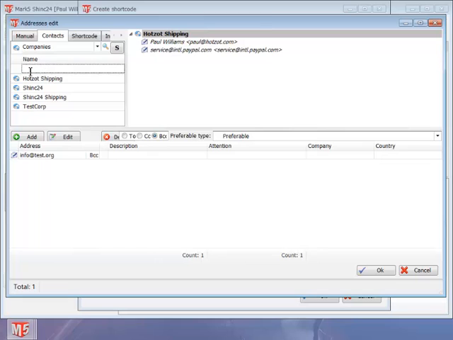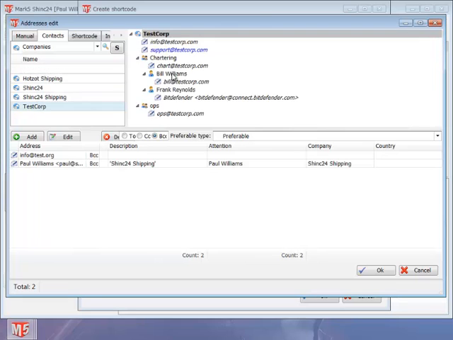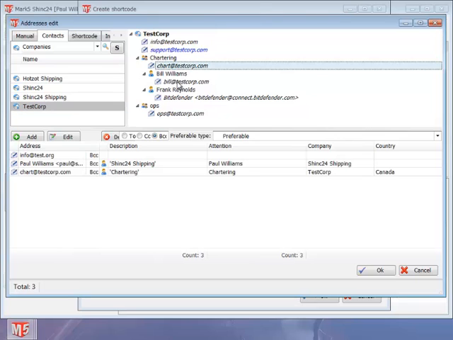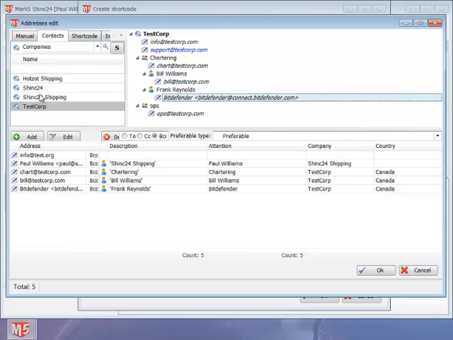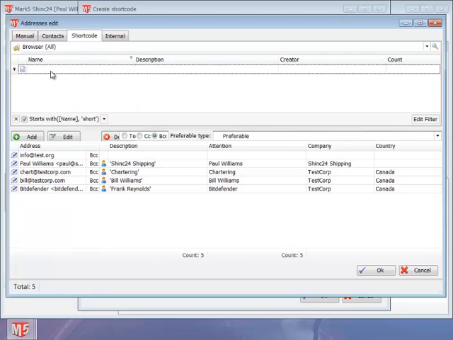So let's go back over here, go into Shink. We'll just add a couple of names from different companies just to fill it out a little bit. There we go. Okay, one of the more interesting things you can do, though, is to actually import from a pre-existing shortcode. So if I click on shortcode at the top here, I can actually come in here and, oops,